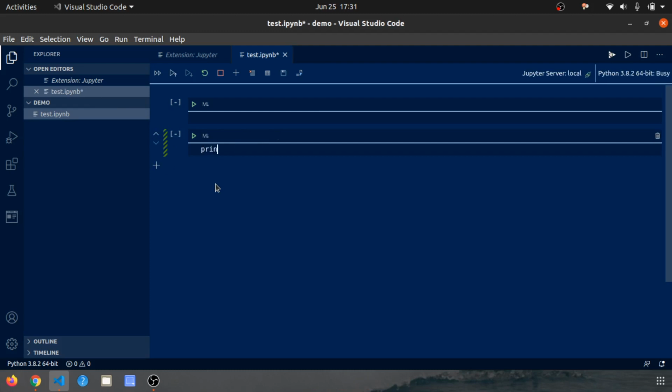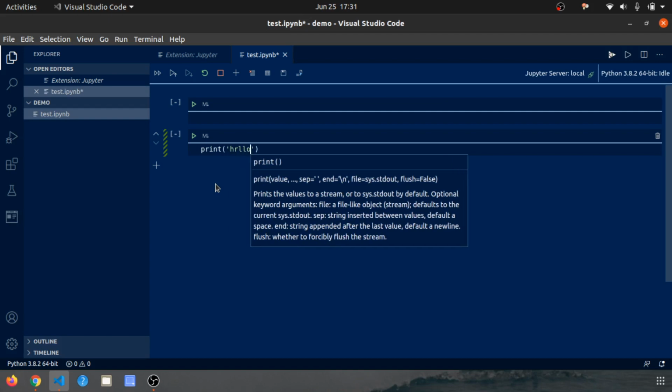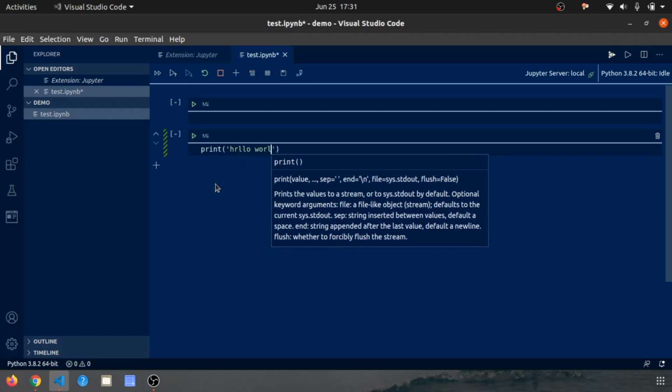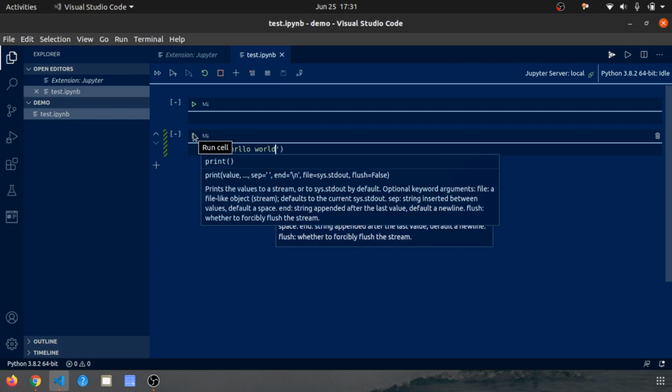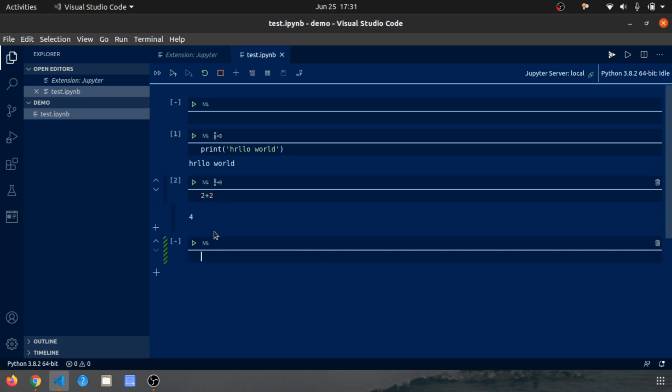Let's print something. Now you can run the cell. Now as you saw, it ran. You can see that you can easily do this type of task. You can write code and it is executed cell by cell. Also you can add text, so that's a plus point.